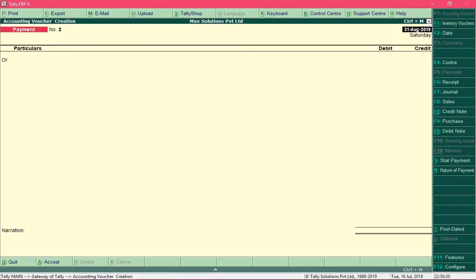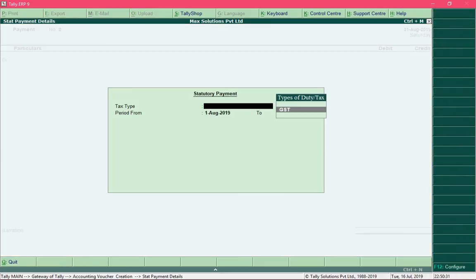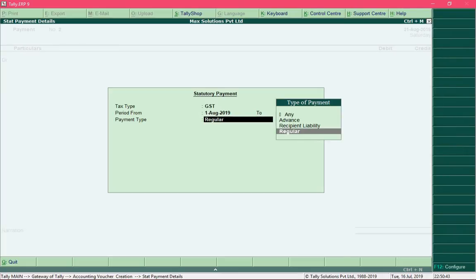Whenever you make payments for GST purposes, select the option Start Payment. Click on this option or press Alt S and specify the details for your payment. You are making payment for GST for the month of August, and in the field payment type, select the option as regular.